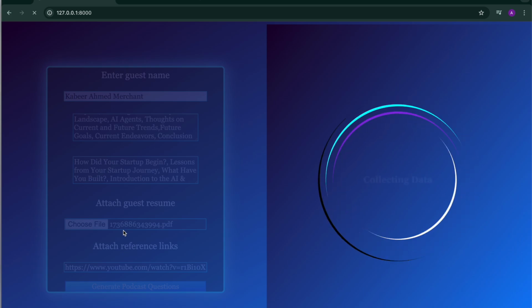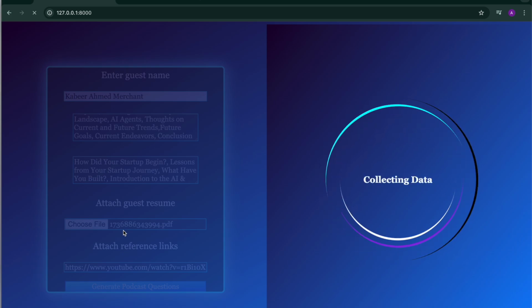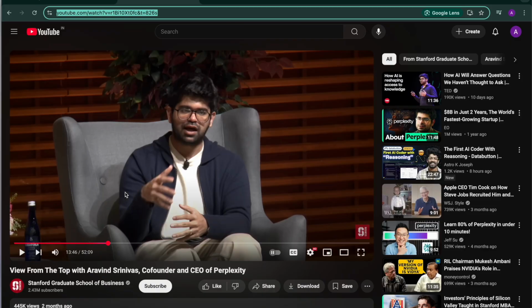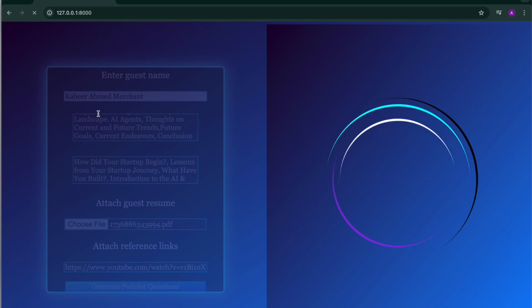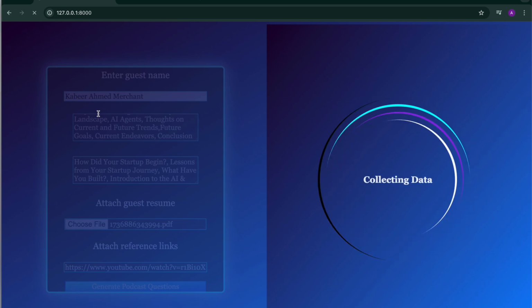iteratively due to the fact that it's easier to process as compared to processing a huge chunk of data, because let's see, this podcast is like 52 minutes long, so it's not the best idea to process the entire length of the podcast at once. That's why we're breaking it down into chunks, finding out the underlying theme of that chunk, and just combining it. So at the end of all of this, finally what happens is that all this data